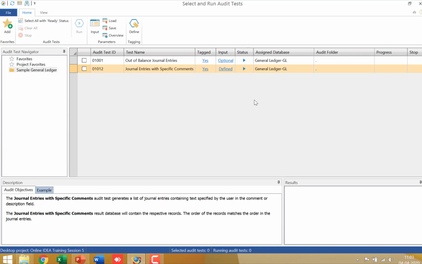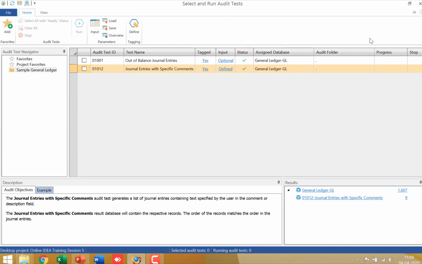It's ready to run. Okay, so now what I do is I choose both of these boxes and I click on the run app, and you can see the tests are running as we speak. The first test has run. The second test is also running. So you can see that both the tests have run, and if I now